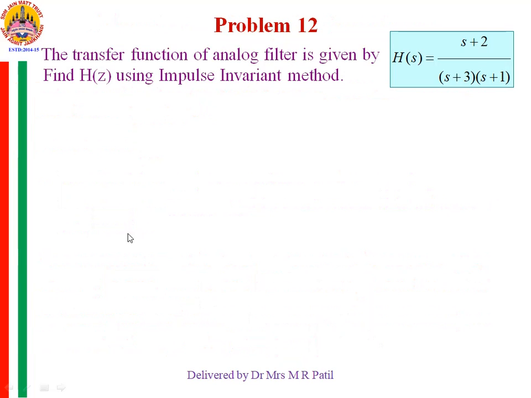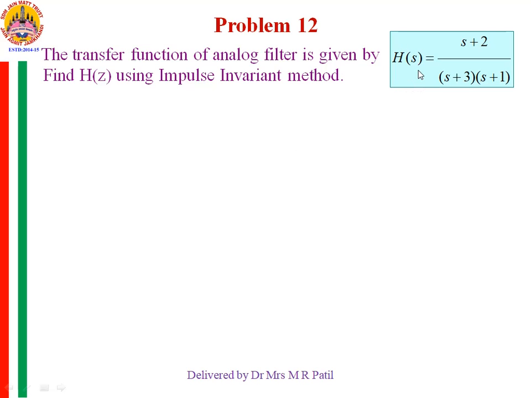You will better understand how to transform H of s to H of z by considering an example using this impulse invariant method. Now consider that you have designed and already obtained H of s, and your H of s is equal to (s plus 2) divided by (s plus 3)(s plus 1). There are two pole locations, one at s equal to minus 3 and the other at s equal to minus 1. So having obtained this H of s, to find H of z from this H of s, what you have to do is use